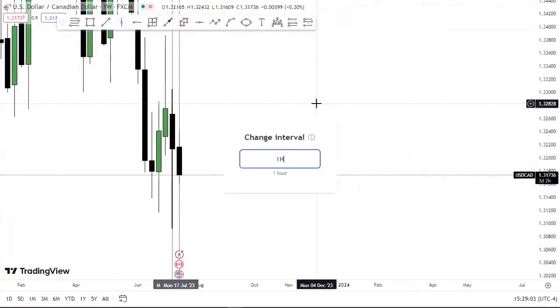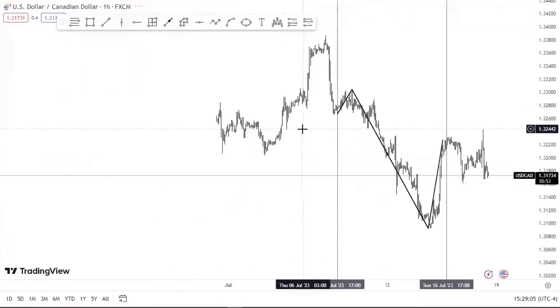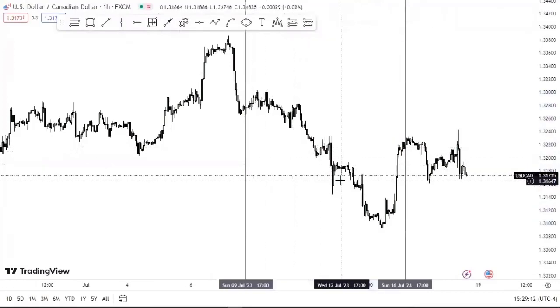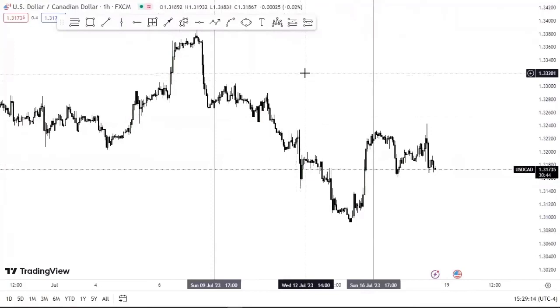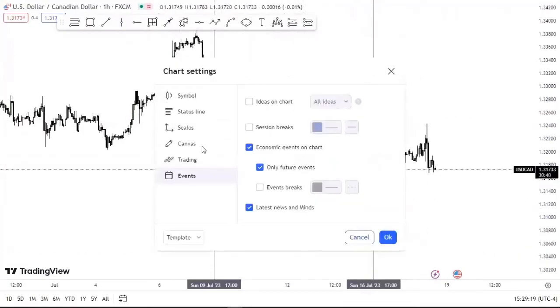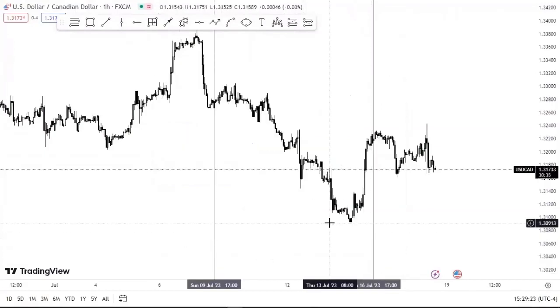So now let's go to our 1-hour time. We're coming to look at it on an intraday basis. When you want to look at something on an intraday basis, you go to 1-hour time, and then you right click on trading, come to settings, come to events, and go to session groups. And click OK. So you divide